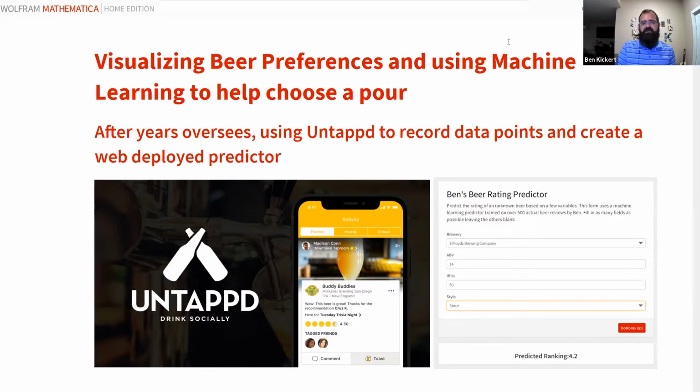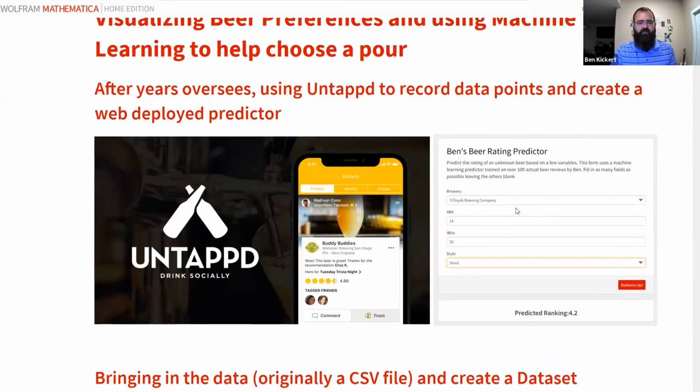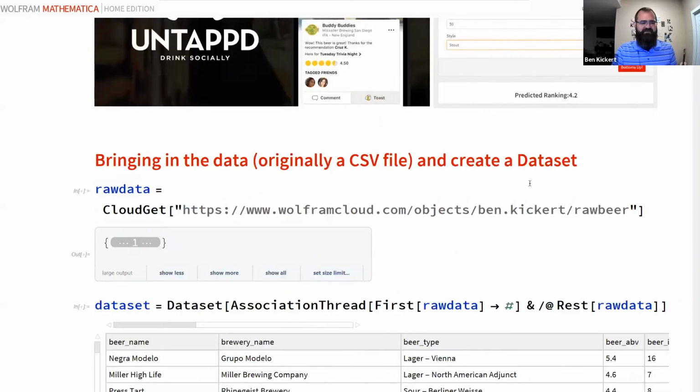But more importantly, I wanted to create an online web app that would allow me to predict before I had it whether or not I would like a beer. And so at the end of the day, that's what my final product was: a beer rating predictor.